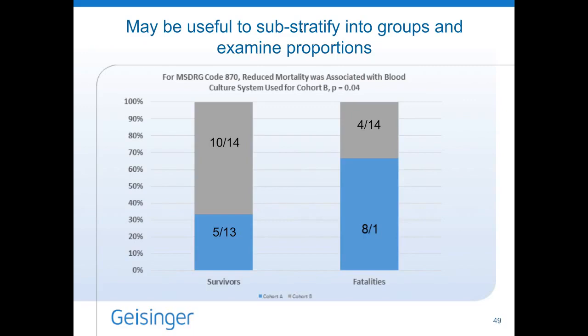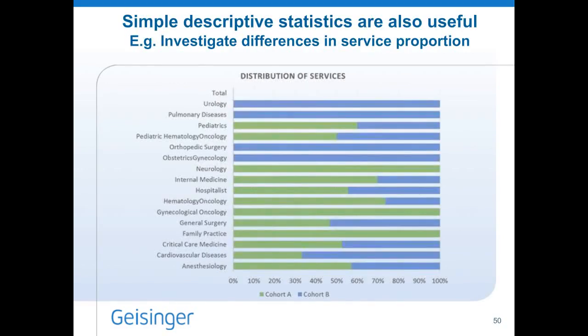So you really have to define your population, and I usually start out looking at the most severe group, because if I can't make a change in the most severe group, maybe I can make a change in the less severe group, but it's certainly a good place to start. It's always served me well to look at them first. And then finally, even simple descriptive statistics are important to do.